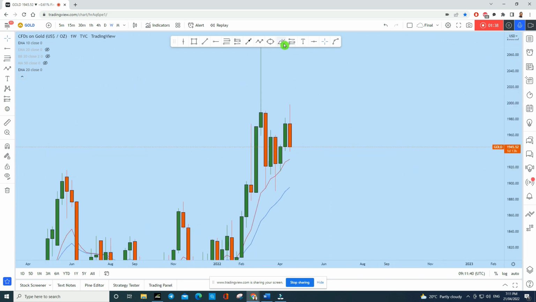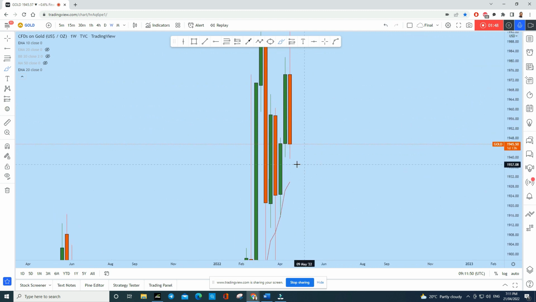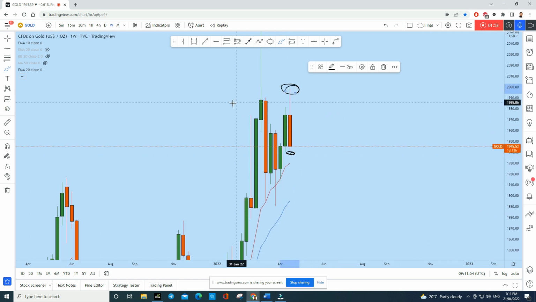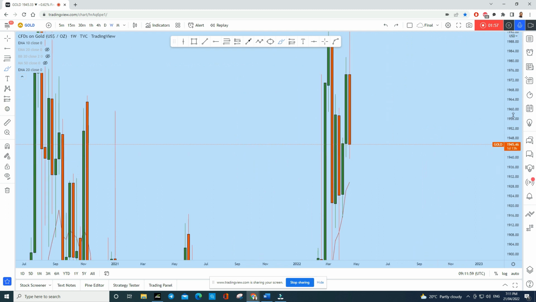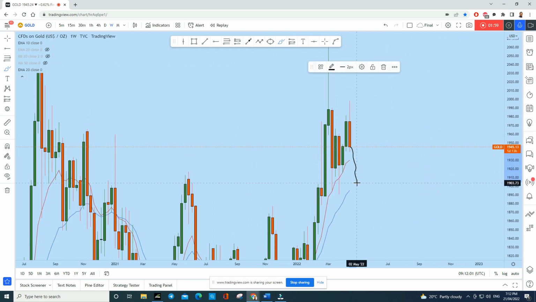Now, on the weekly, we saw that after this rejection, the price consolidated and broke above. Now we see another breakdown after this kind of move. As you have seen, gold has already created a lower low, and we saw a false breakout to the upside of this resistance, and now it is moving down. So we might see a further drop somewhere along this line.